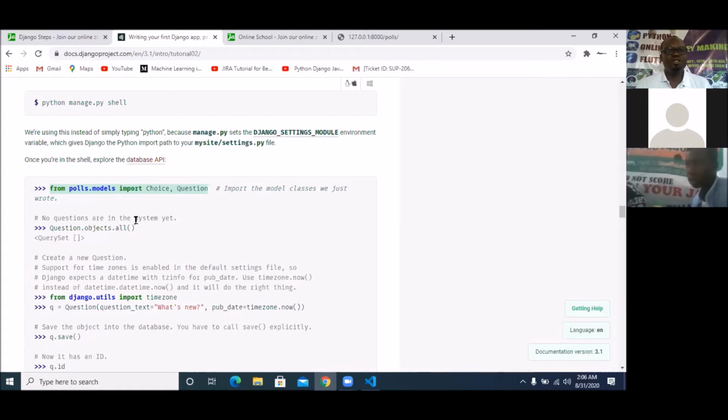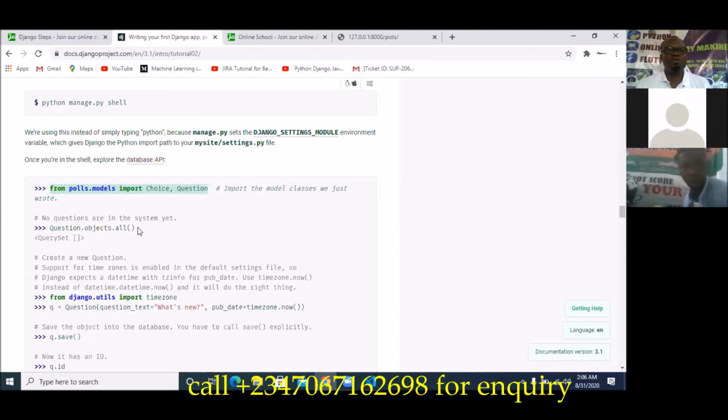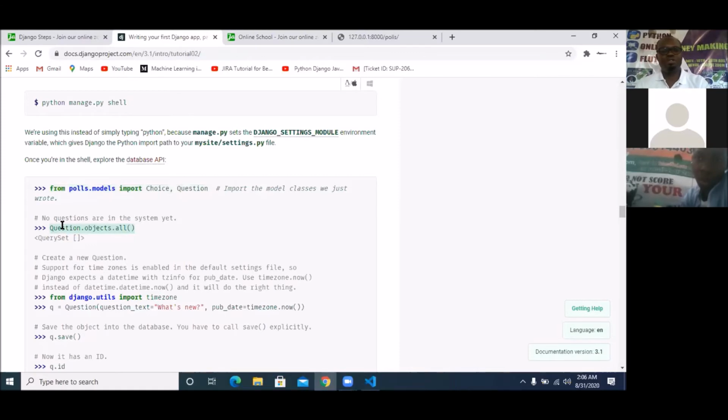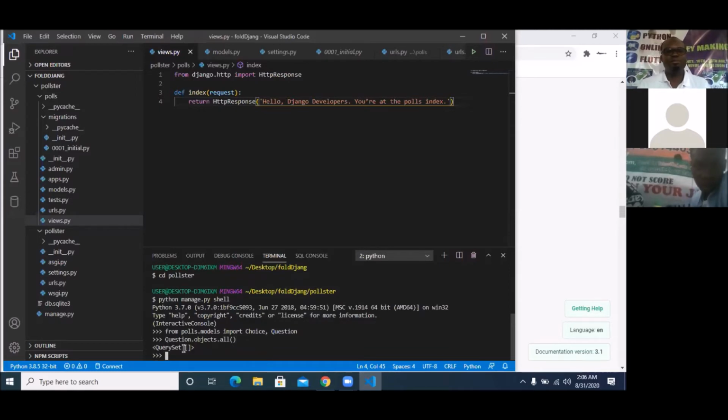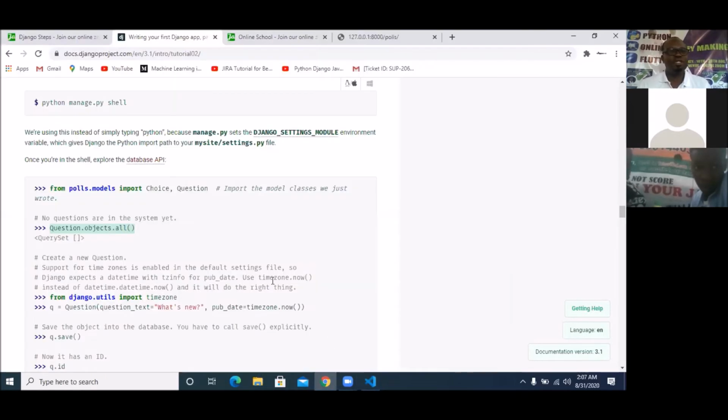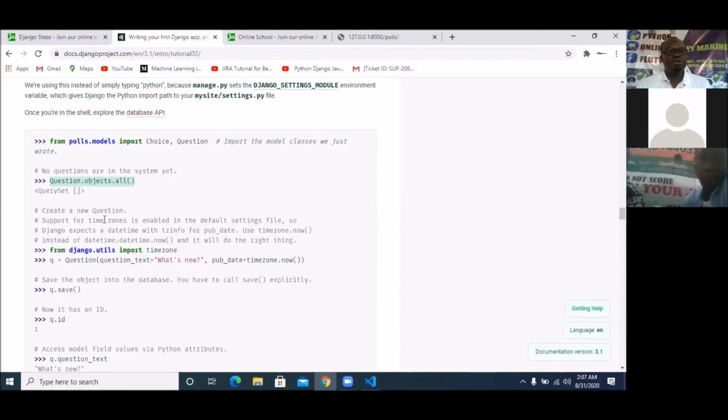So there are no questions in the system yet. If you do Question.objects.all(), you're not going to see any question because there are no questions yet. But that is what we're going to be putting in today. We're going to be putting some questions there. So let's say I run this code, Question.objects.all(). You can see empty QuerySet, nothing is there yet. So we're going to try putting in some things. Now, the next thing we're going to be doing is